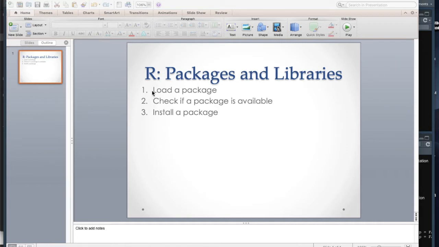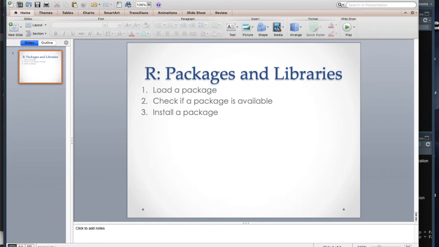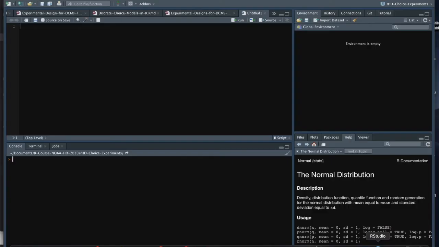For starters, all I'm going to do is load a package that has already been installed in the libraries folder of my R version. This is a pretty simple process. So I'm over here in RStudio. I've just opened up a new script, and down here in the console, this is a little bit of the cart before the horse, but I'm going to start by looking at, this is a new workspace, and I'm just going to use the packages method here to print out the packages that are currently installed and available in